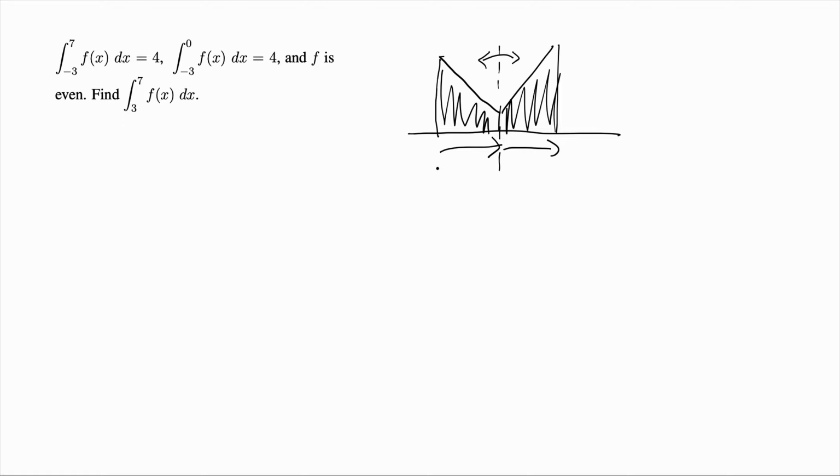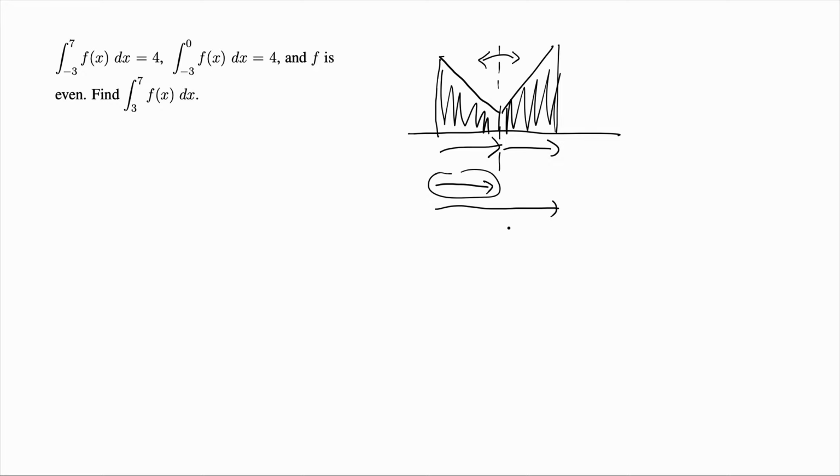So really, if we know what the integral is right here, then the integral from here to here is just double. It's double what it was here. So this doubling effect is a nice idea